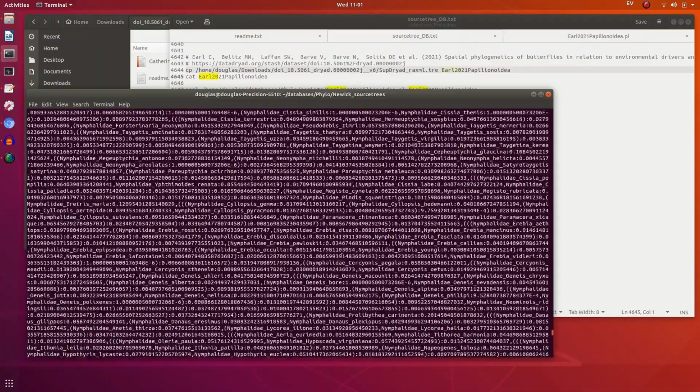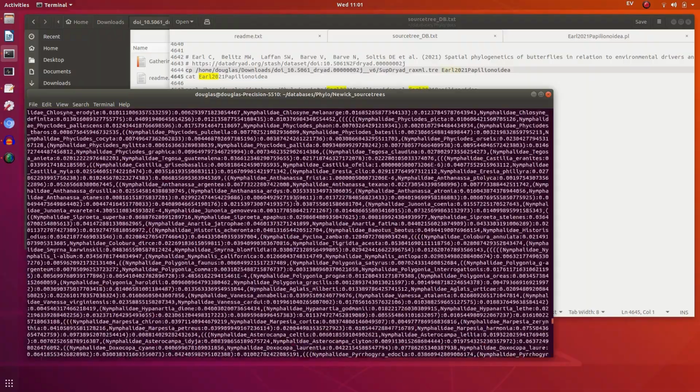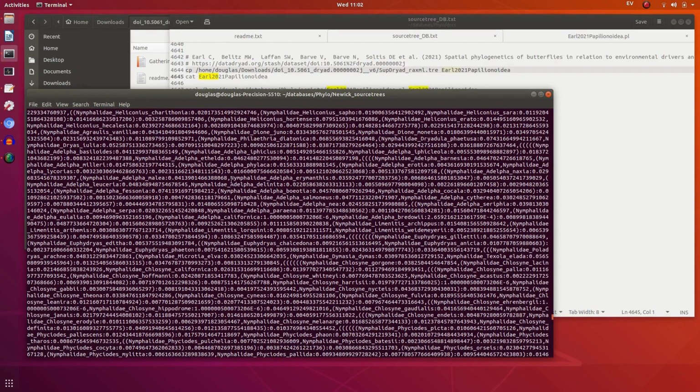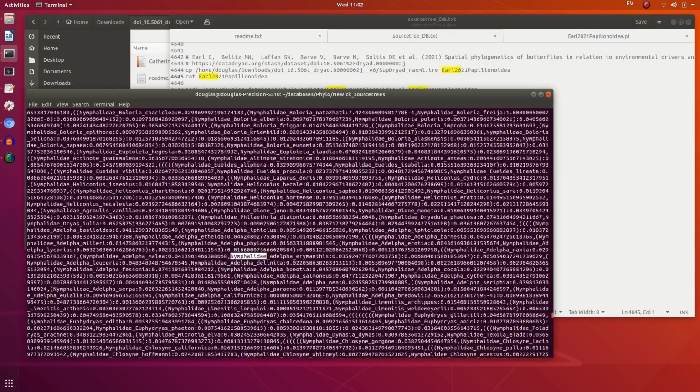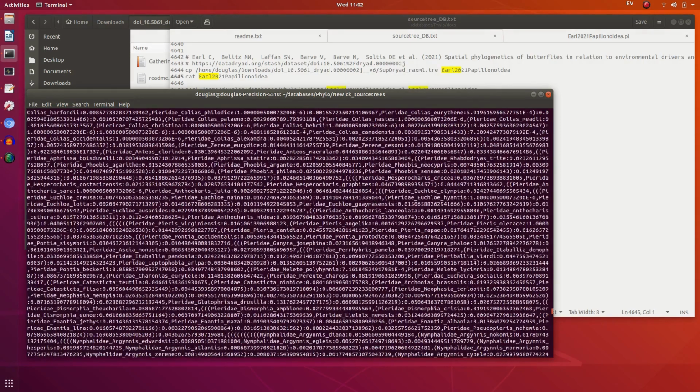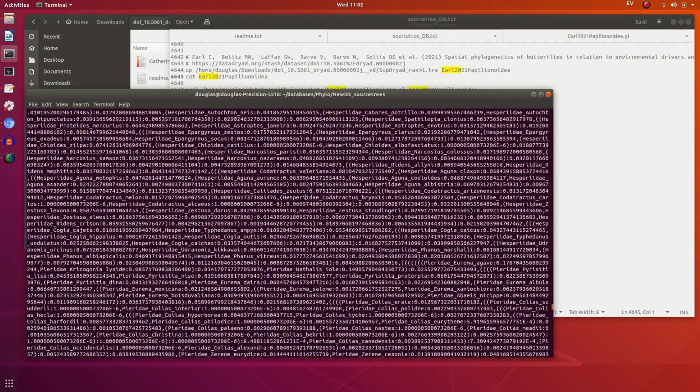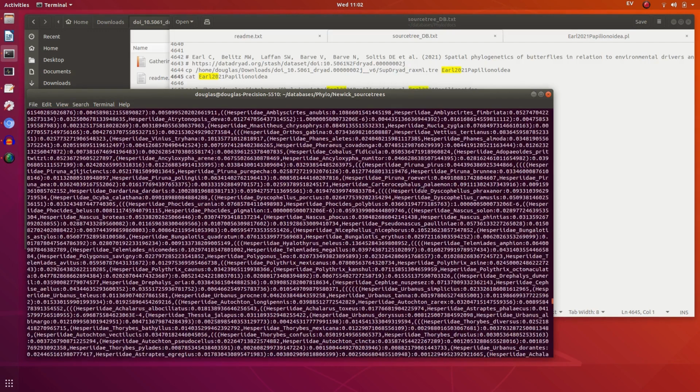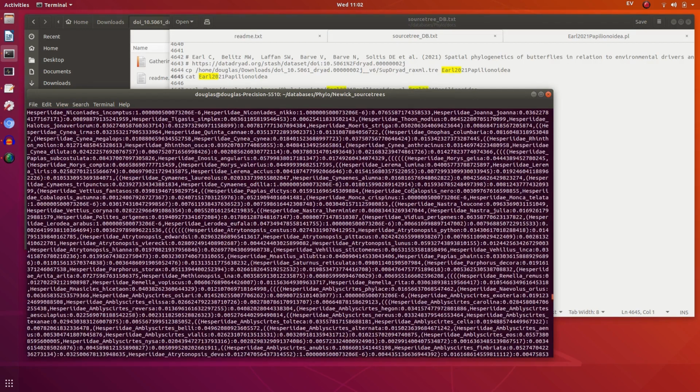immediately this is quite a huge tree now. So you can see family name, Nymphalidae, butterfly family, and genus and species. So immediately, this is a phylogeny of butterflies. So this is going to be, I don't want to say easy, but